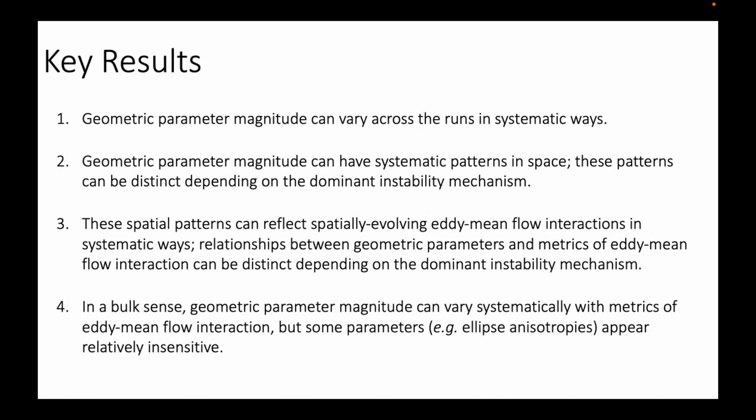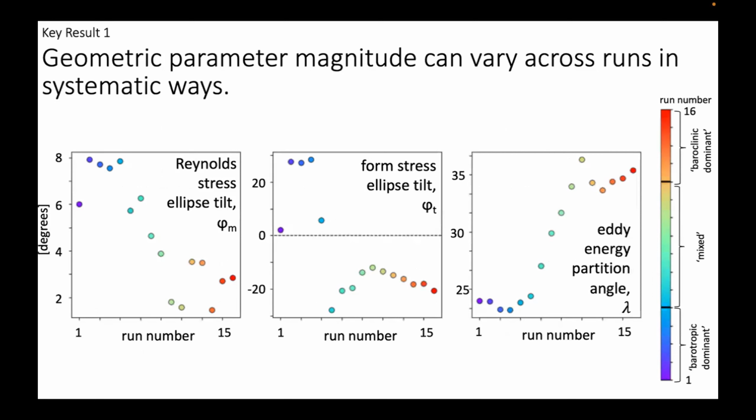I'm going to try to connect these spatial patterns and geometric parameters to spatial patterns in eddy-mean flow interaction metrics. Again, these relationships will depend on the dominant instability mechanism. And then in a bulk sense, the geometric parameter magnitude can vary systematically with metrics of eddy-mean flow interaction, but some parameters, and specifically the ellipse anisotropies, seem relatively insensitive, and we thought that that was kind of interesting and maybe surprising. So just to show you some examples of the results that support these